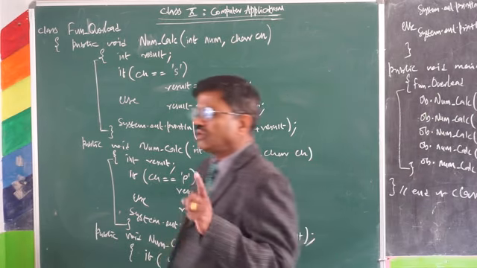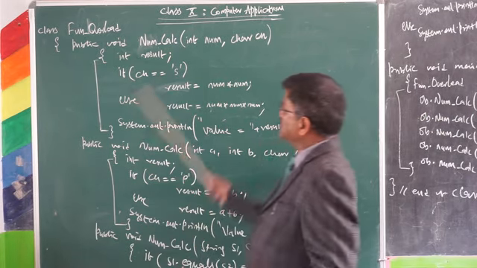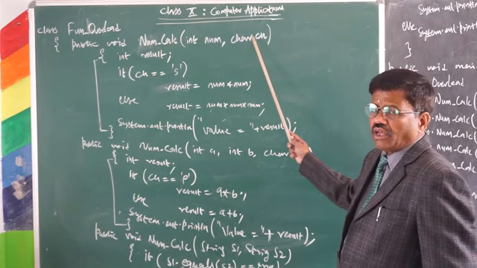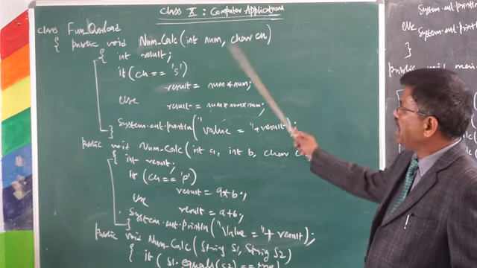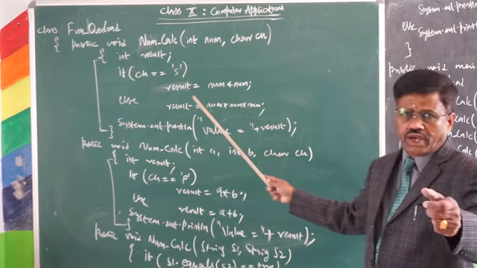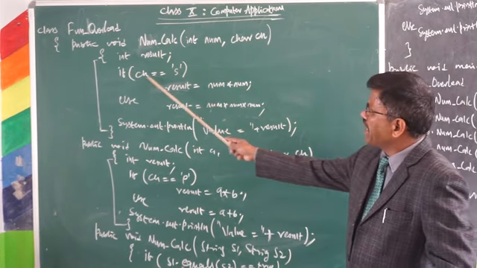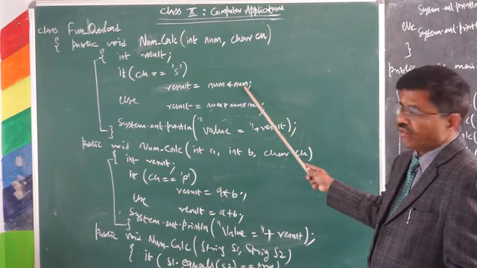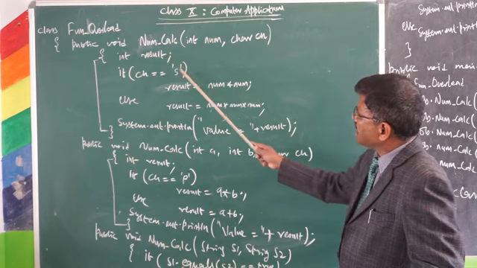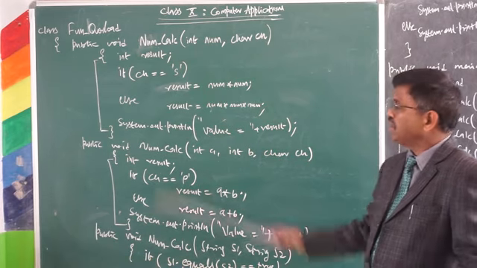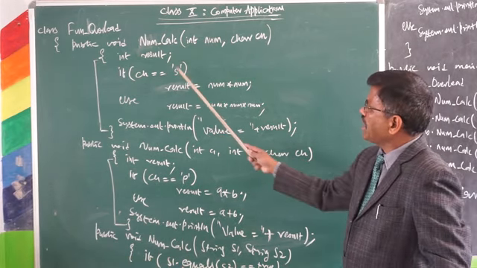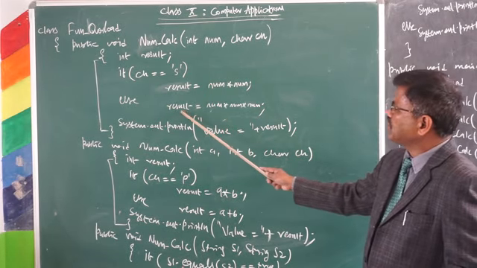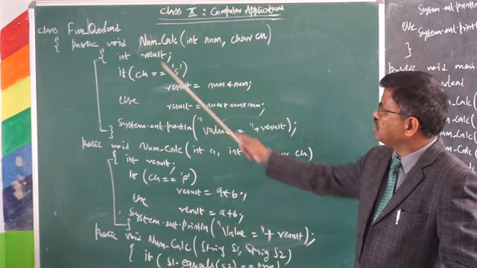What does it do? Give two parameters. The first parameter is of integer and the second parameter is of character. If this character happens to be S, S is the shortest form of square. If it happens to be S, whatever number you give, it finds the square. If it is other than S, for example, I give K. If I give K and S, are they equal? No. It finds the cube, whose result will be stored in a variable called result, which you have declared here, and